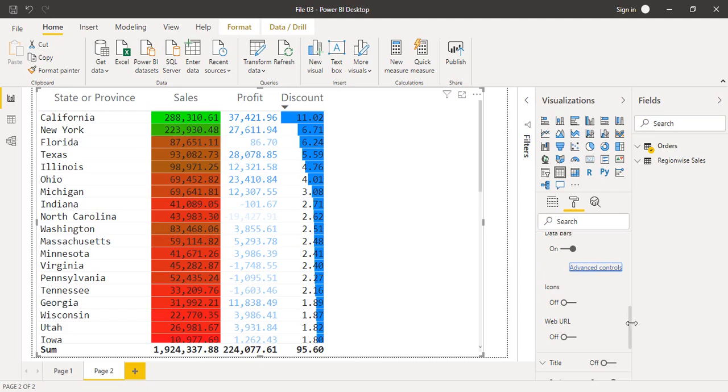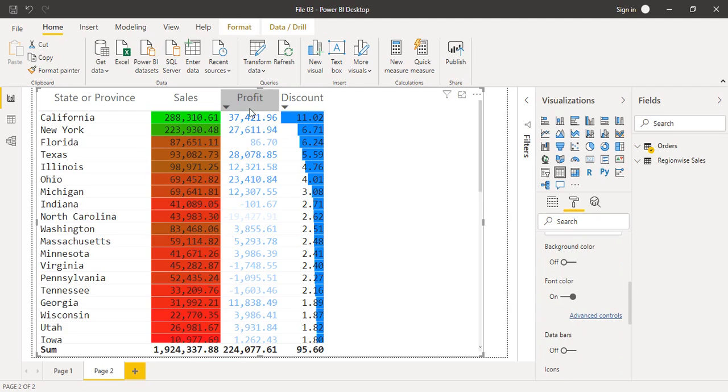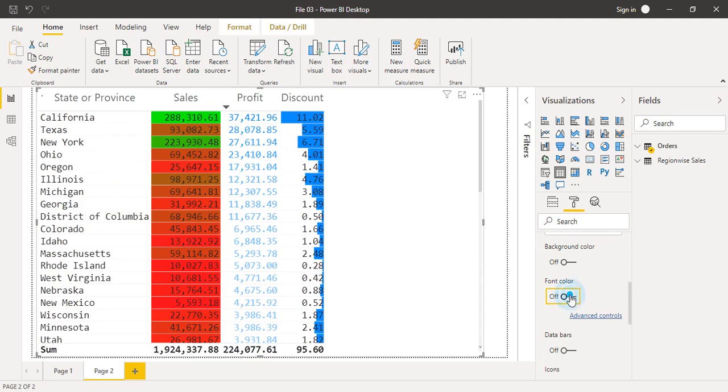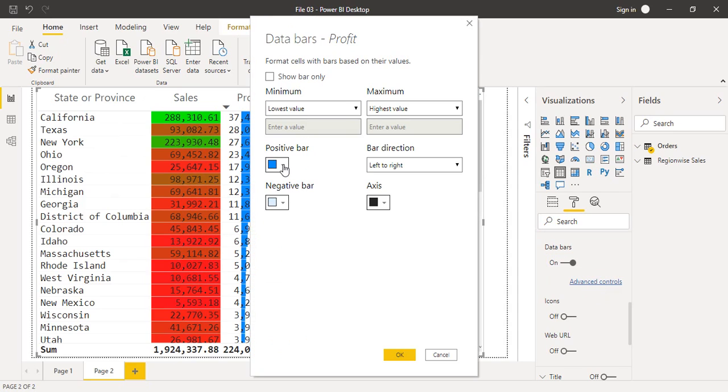And suppose you want to work with the positive and negative values, then for that what we can do is, for profit we have to use this data bars option, because in profit only we have negative values, we do not have any negative values in discount. So let's just turn this font color off and just change this data bars option on, and we can just go to advanced controls, and there are these positive bars.